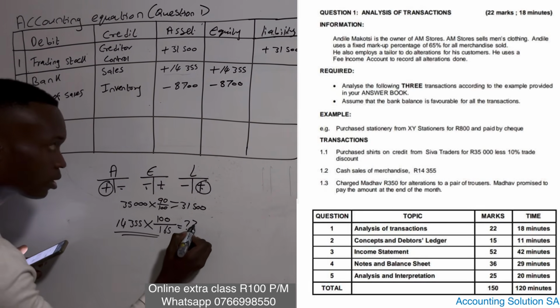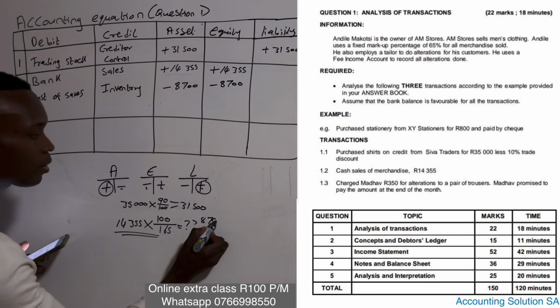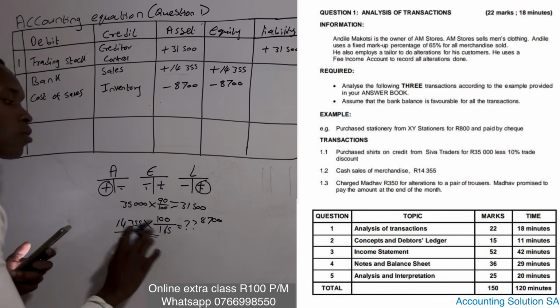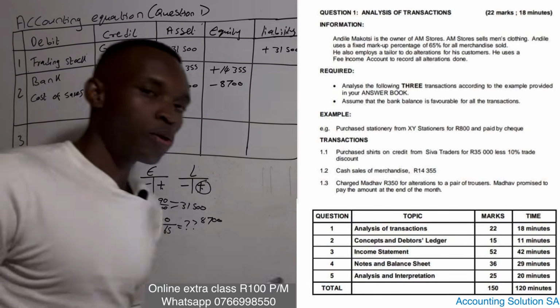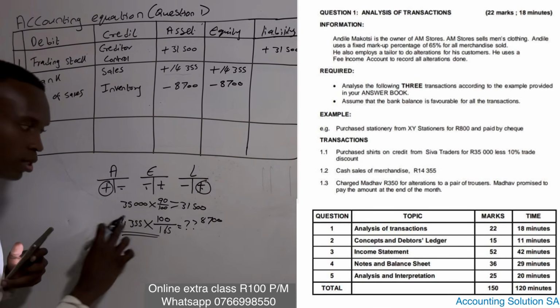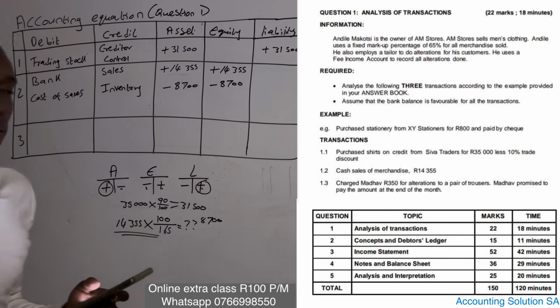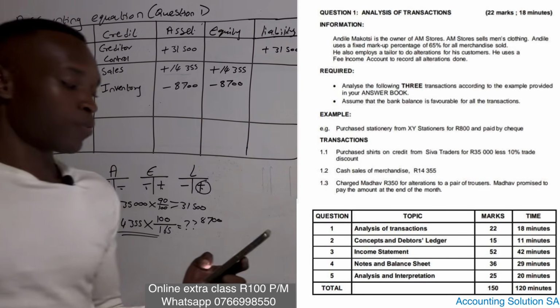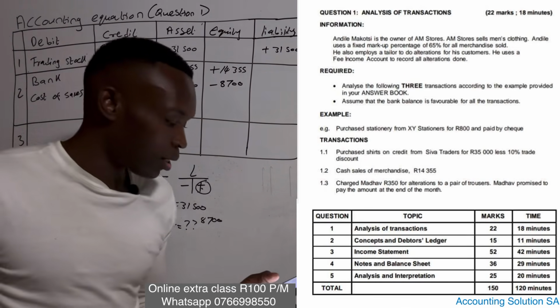You must get 8,700 if you punch this correctly, or if I made a mistake, you will know that this is how you calculate it and you must get the answer just like that. That's the principle that I want you guys to learn. Okay,